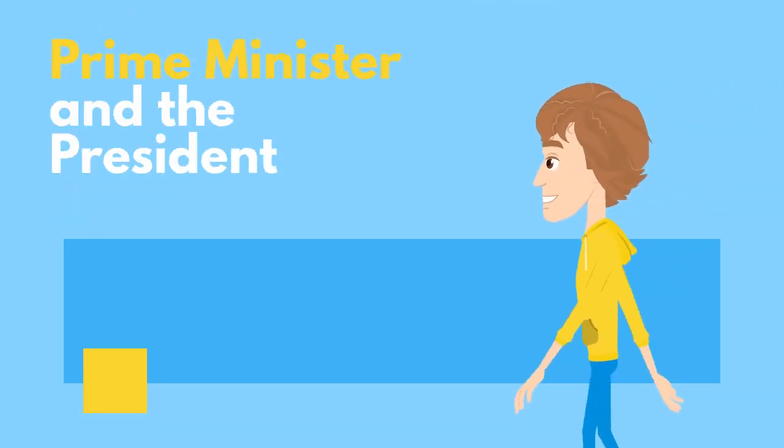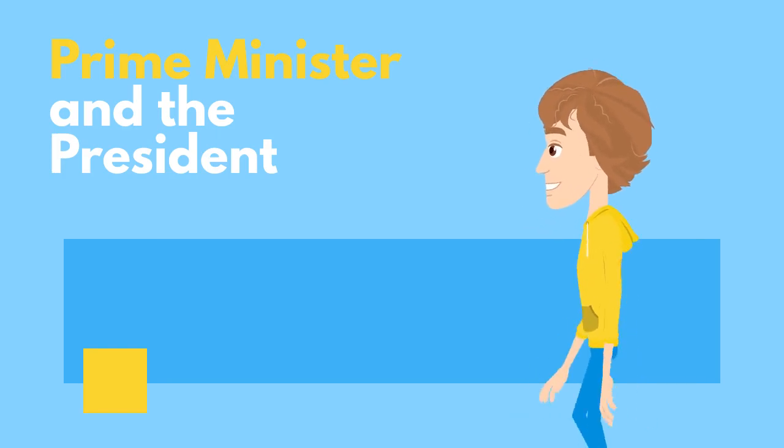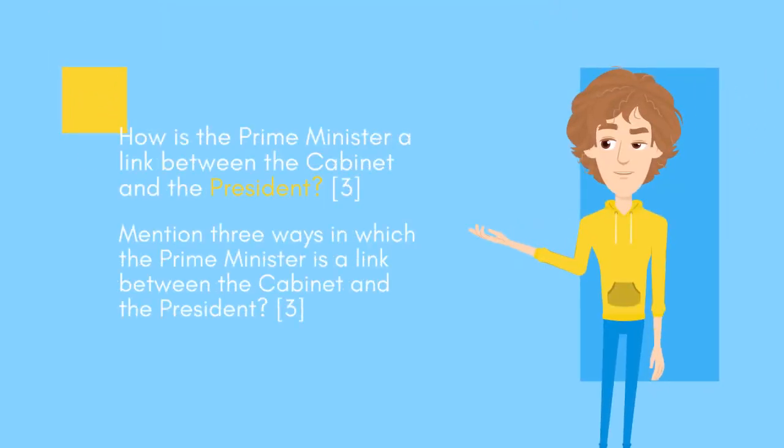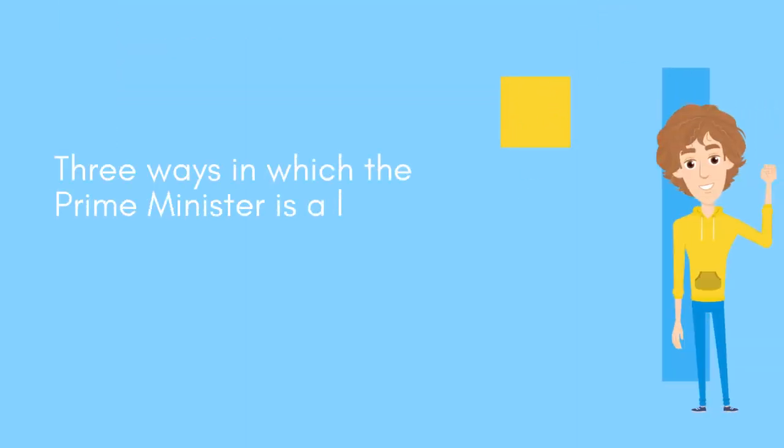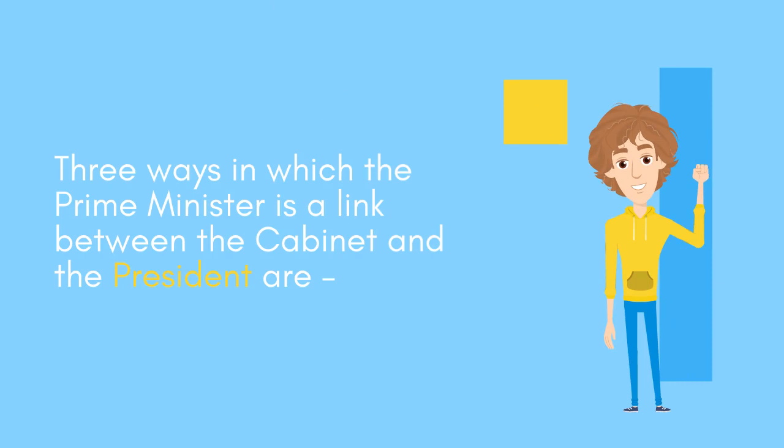Prime Minister and the President. How is the Prime Minister a link between the Cabinet and the President? Mention 3 ways in which the Prime Minister is a link between the Cabinet and the President. The 3 ways in which the Prime Minister is a link between the Cabinet and the President are: